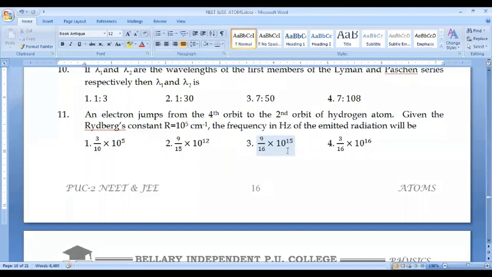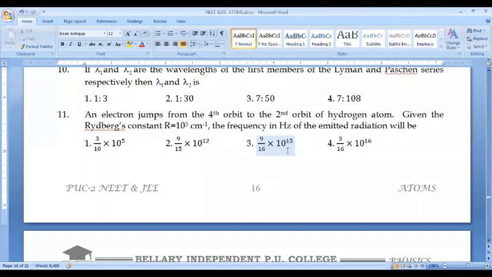Second option 1:30. Clearly 1 not possible. Third option 7:50. So 7 clearly possible. So always the numerator must be 7. So while solving the problems in exam, we can clearly eliminate first and second options, because the numerator 1 not possible, we can cancel. So we will go for third or fourth options. So third option 7:50, but 50 not possible if you cancel this value. If I cancel this one, 36 4s are 144.